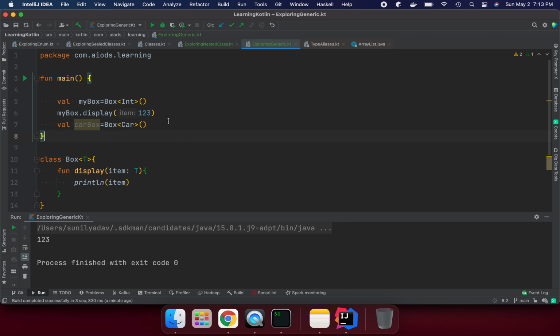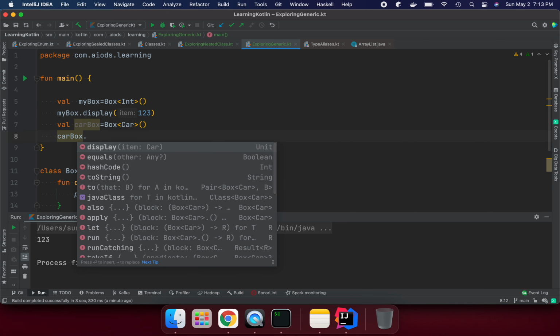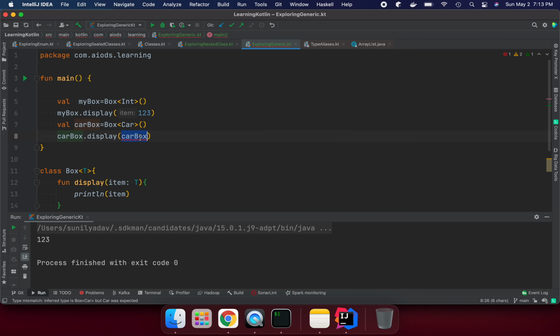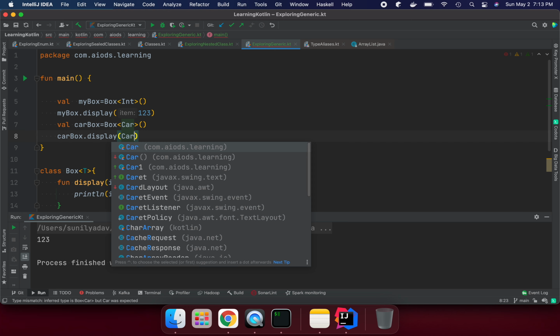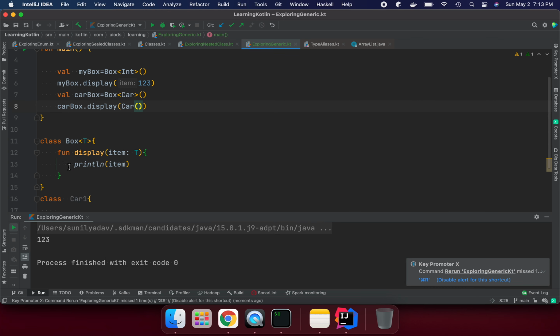Then you can pass the car here: carBox.display, where the item type is Car, so you put carBox here. The compiler says found Box, so we need to pass a Car type object. Now if you run, you will see the reference of the car.